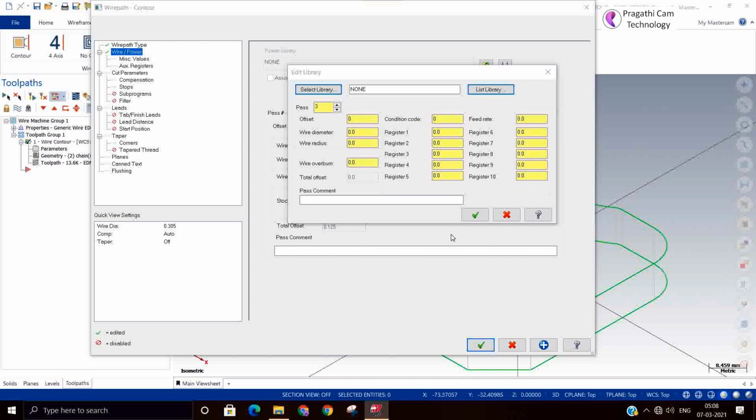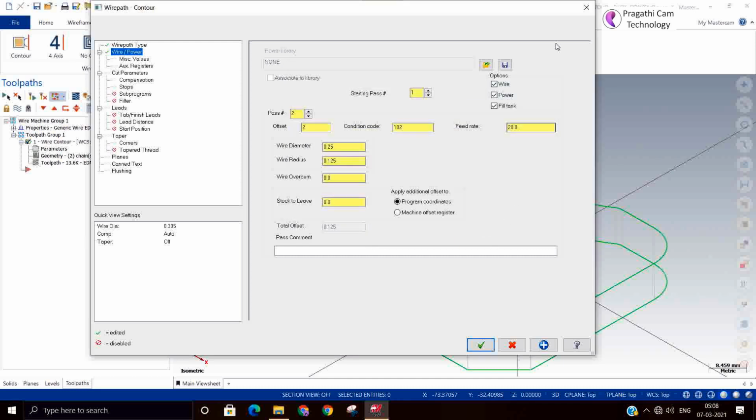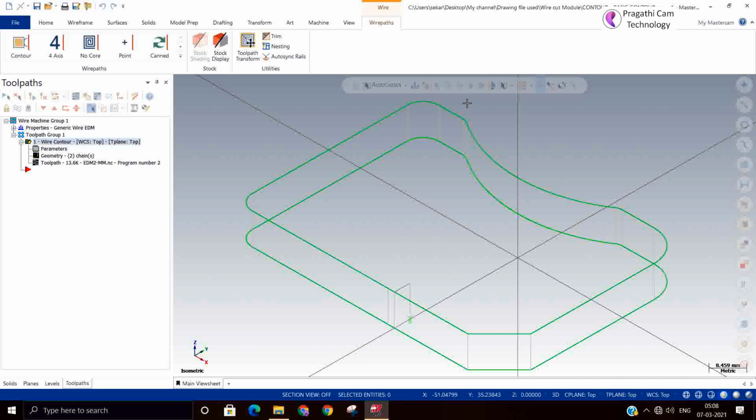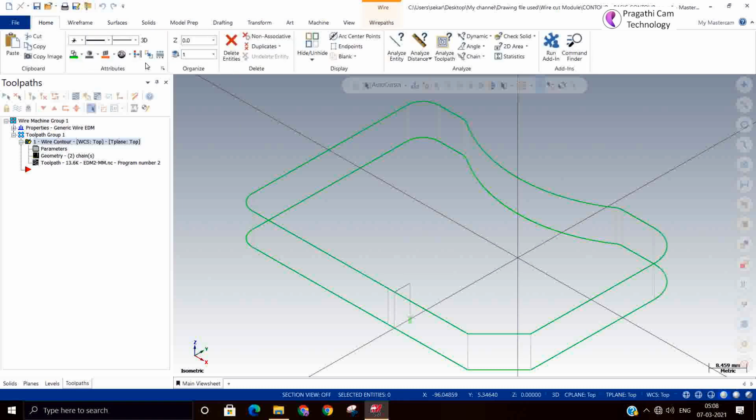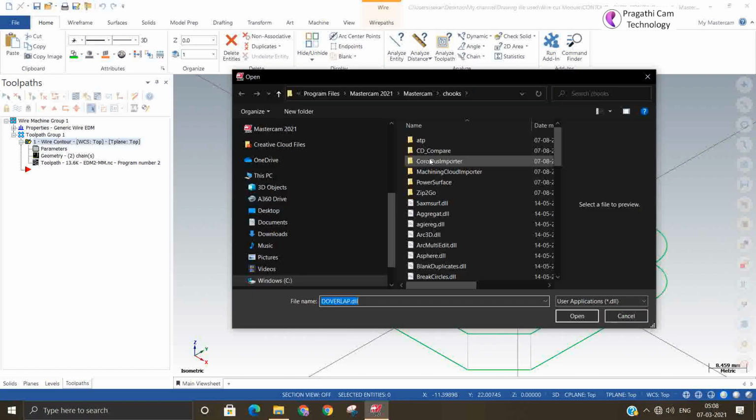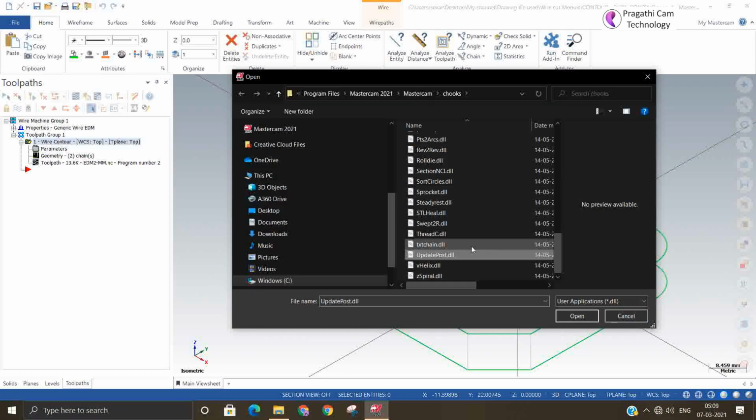Let me see whether it is possible to update here. You can update the power library. Let me try. If it is updated, okay. Let me try this. I just open. Let me see if I am able to update.